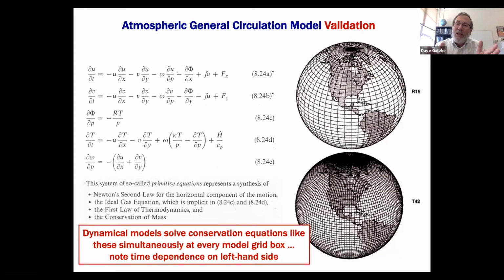But the basic idea is that we can use really basic physics, conserving mass, momentum, and energy. And that's what these equations are doing. And by conserving mass, momentum, and energy as air in the atmosphere and water in the ocean moves all around, we can create a dynamical model that accurately simulates in a realistic way how the atmosphere behaves, just using physics